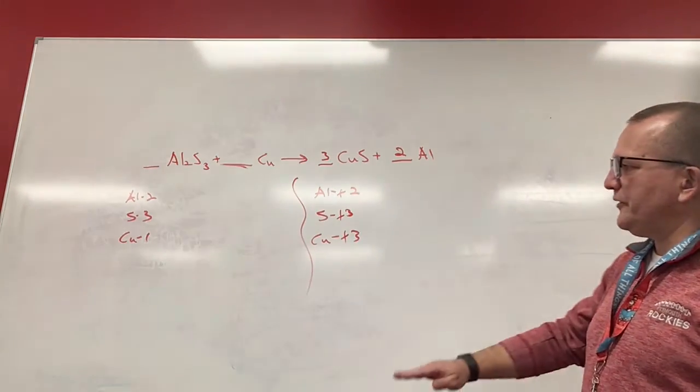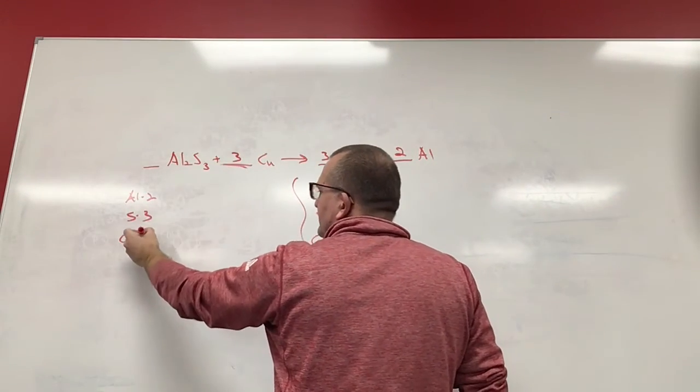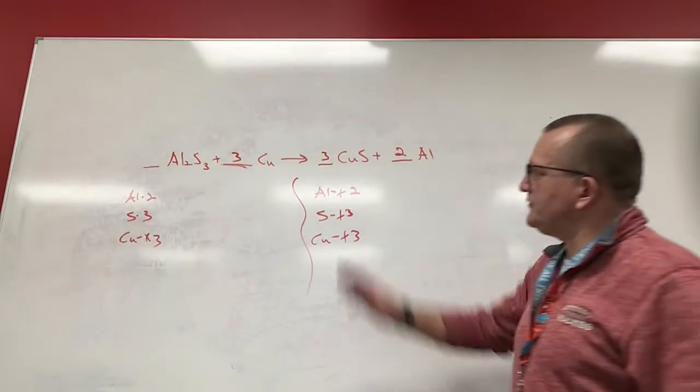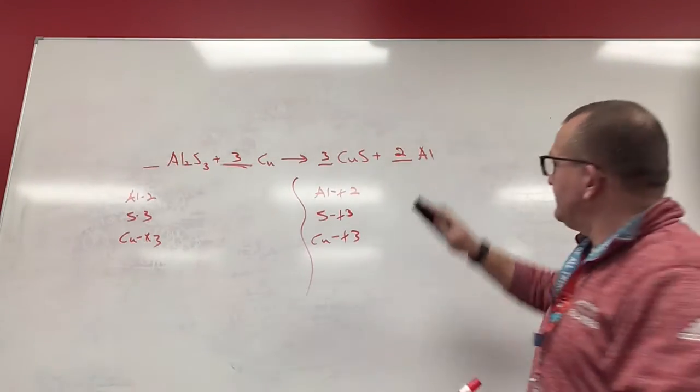So now my Cus are unbalanced. I got 3 here, 1 here. I put a 3 here, and that balances my Cu. So it's 1, 3, 3, 2, and it's balanced. And now 6C